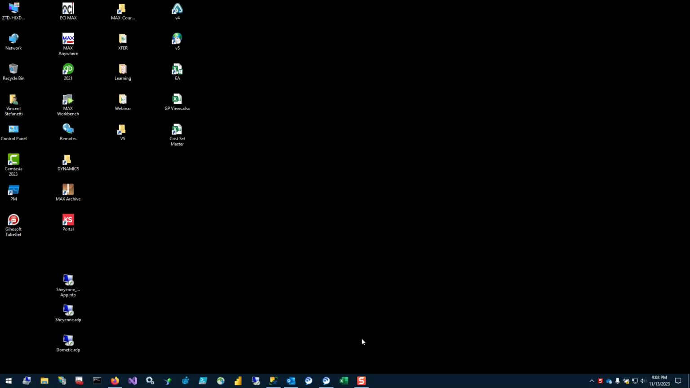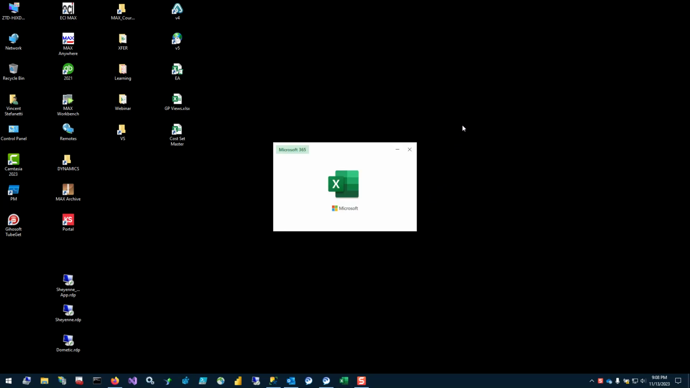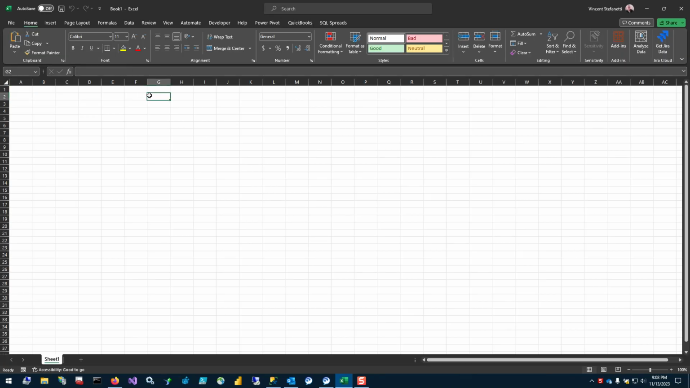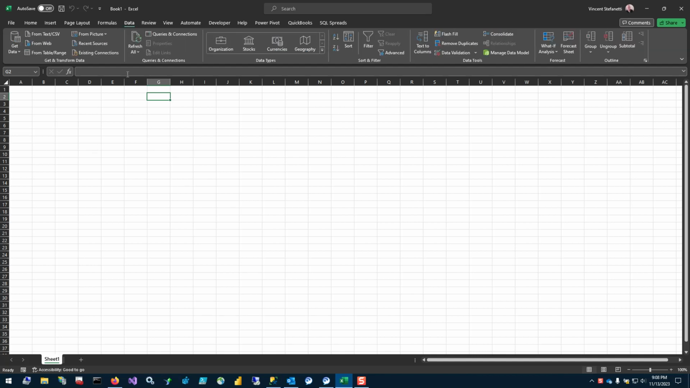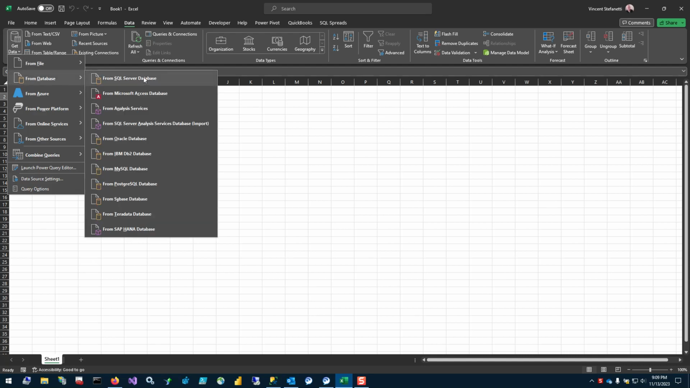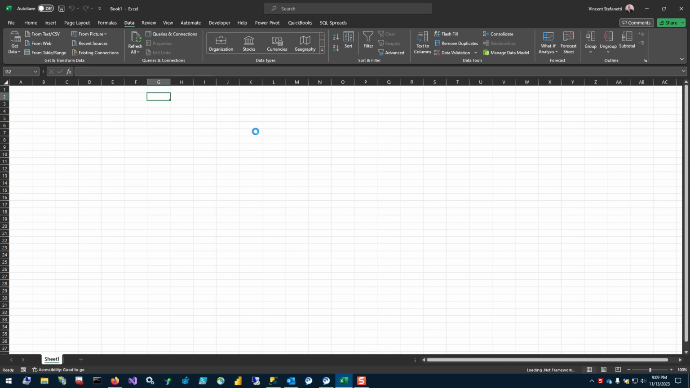I'm going to give you a video today on how to connect Excel to Max. All right, so starting out, just go ahead and open up Excel and create a blank workbook. And once you're in the workbook, click on the data menu item up here. You can see that you can get to many different data sources with Excel, but we're going to use SQL Server, pretty simple. Just click there, get data from database, go to SQL Server database,